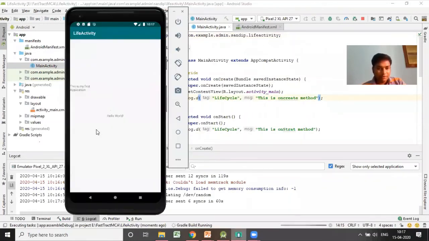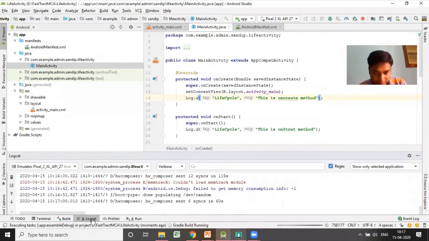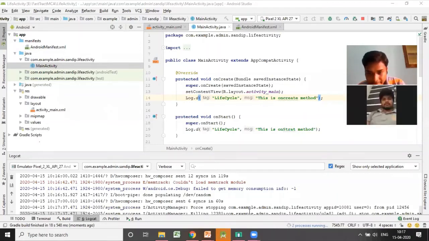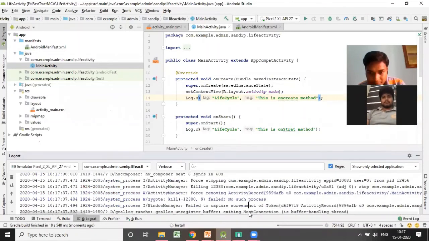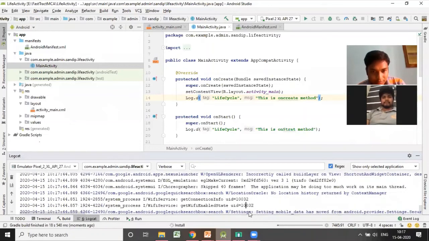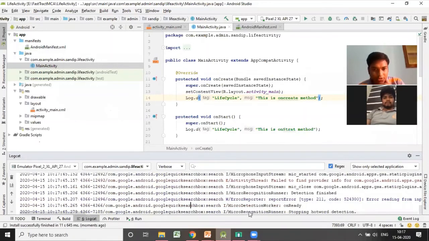Now if you run this program, go to the logcat. After installing, you can see this portion, launching activity.